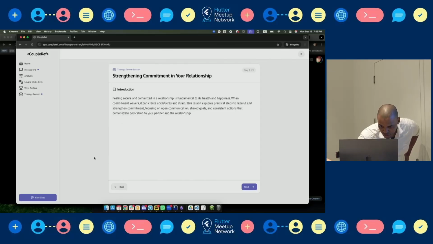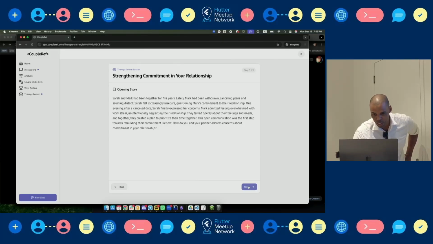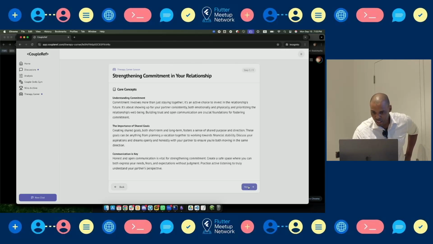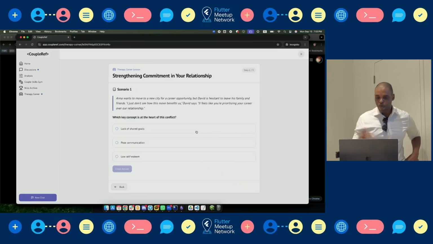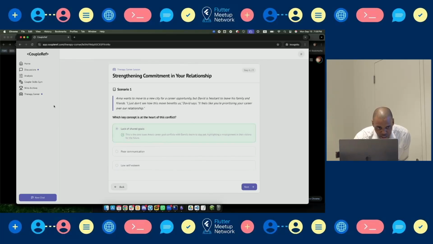Okay. There's definitely some room for improvement here. My next step is to go through and make the prompts better. But anyway, you can see, we have these lessons that break down these concepts, and I'll bring in scenarios, and you may have to answer some questions, which I found are effective. They give you kind of feedback along the way, etc. I'll go to the couple gym quickly.